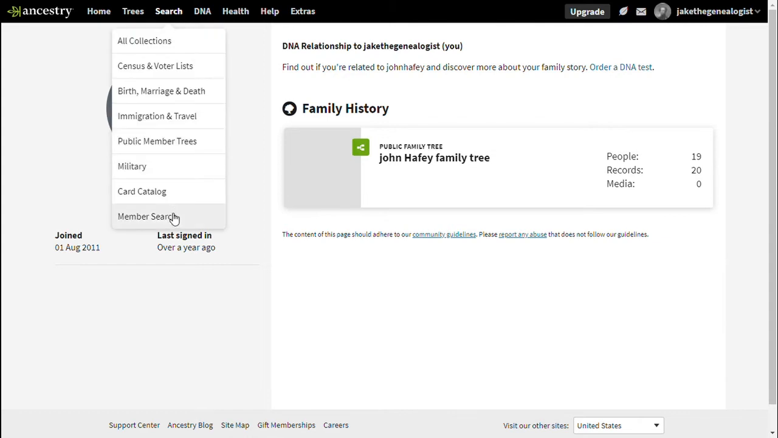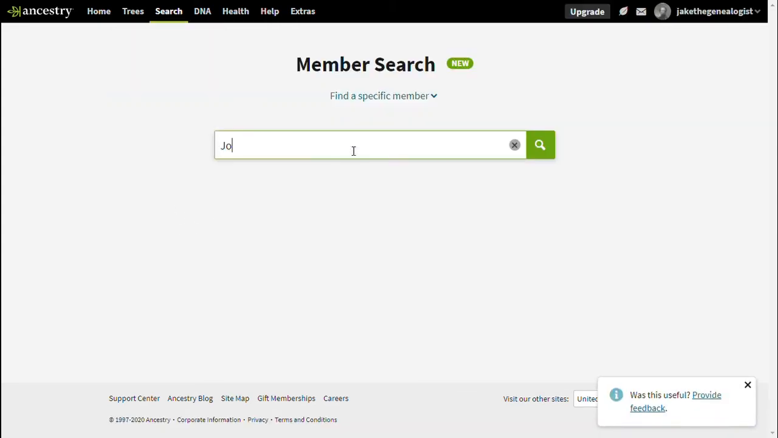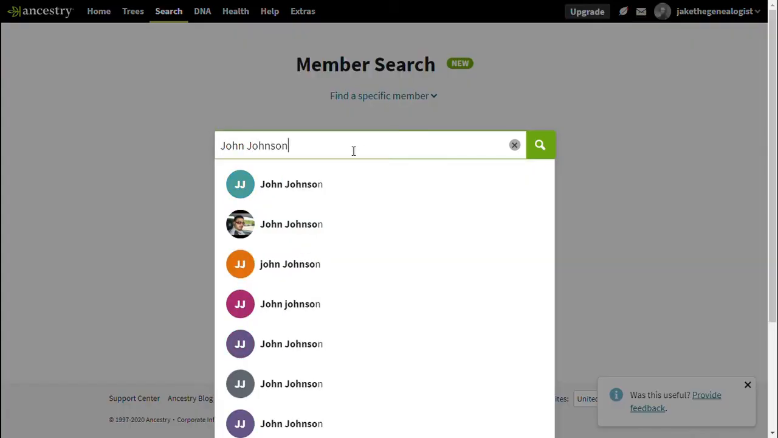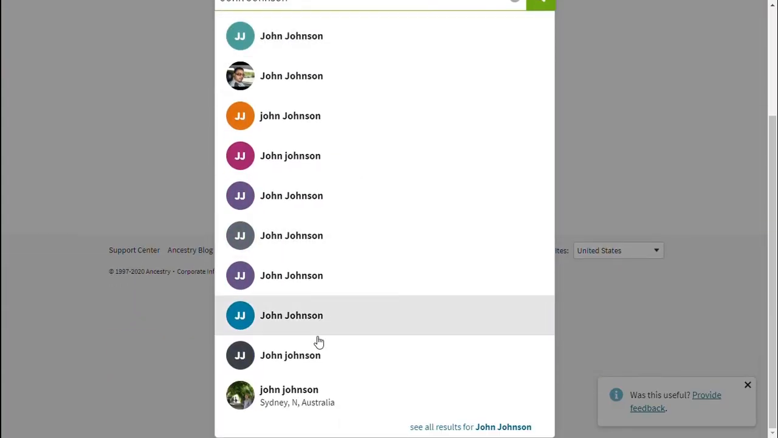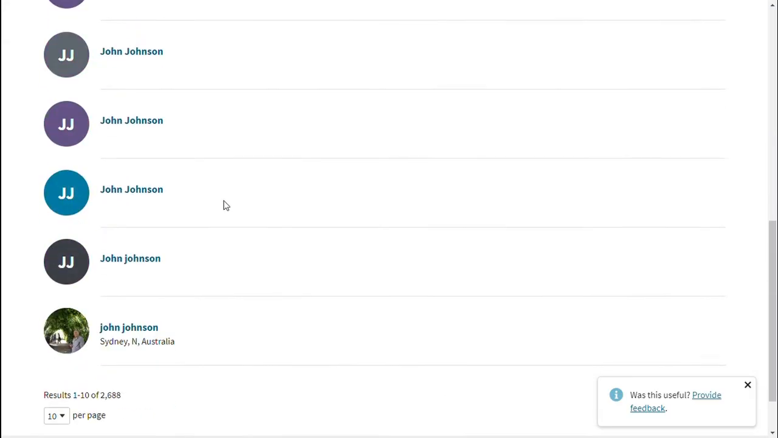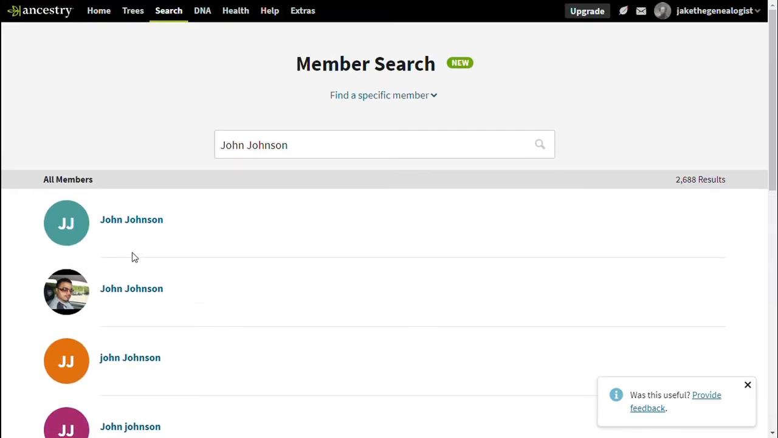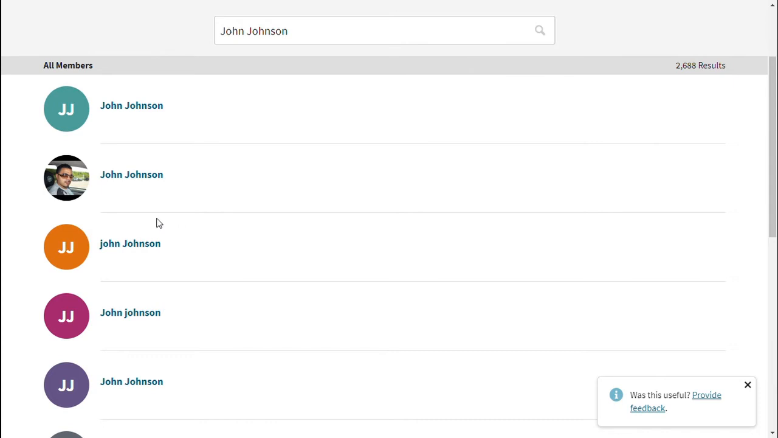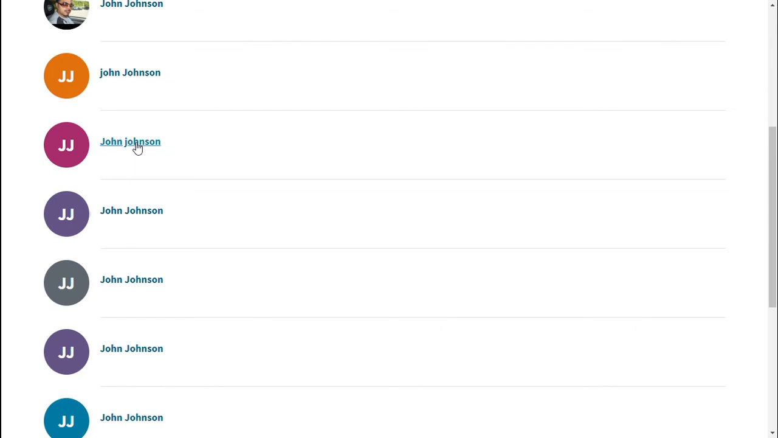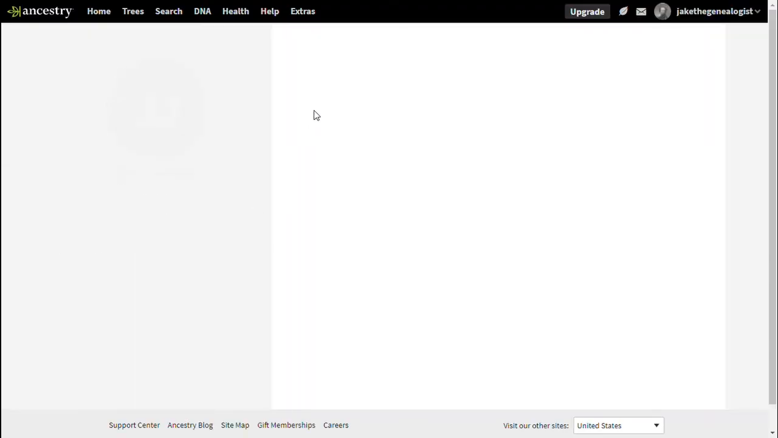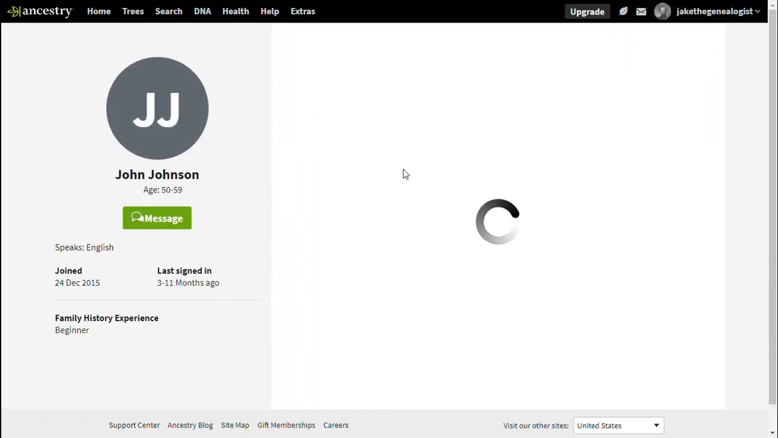So if we just go over to member search and search up John Johnson, then look at all these different results. You can do see all results if you want to see all results, and click through them, and then you can find other members' family trees and link them up to your own, because maybe you have a cousin, and if you look at their family tree, if it will load,